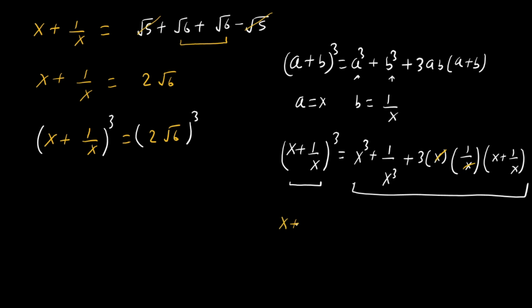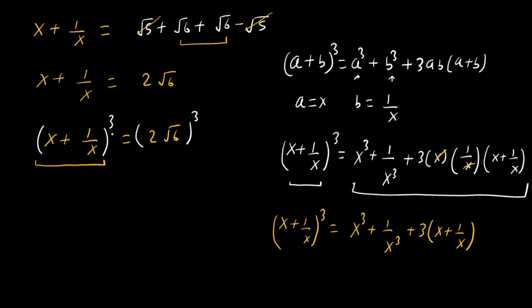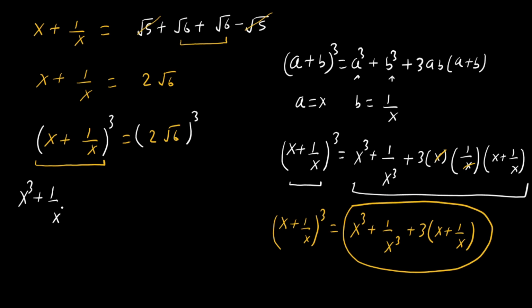Then (x plus 1 over x) whole power 3 is equal to x cube plus 1 over x cube plus 3 times (x plus 1 over x). So this (x plus 1 over x) whole power 3 is replaced by this expression. Then on the left-hand side, x cube plus 1 over x cube plus 3 times (x plus 1 over x),